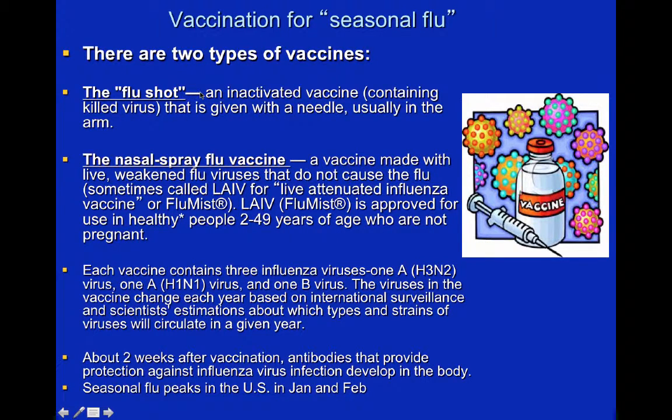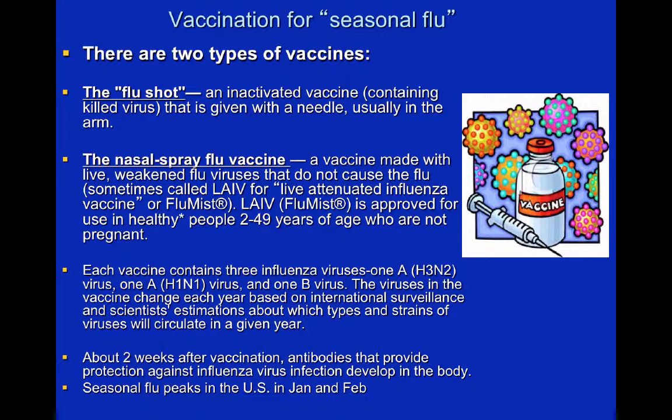So the flu shot is an inactivated vaccine containing killed virus. This is synthesized in such a way that the virus is grown using chicken cells or host cells and then heat or chemical inactivated. So it does not have the potential to revert back to the wild type virulent form. This one's usually given with a needle, usually in the arm,